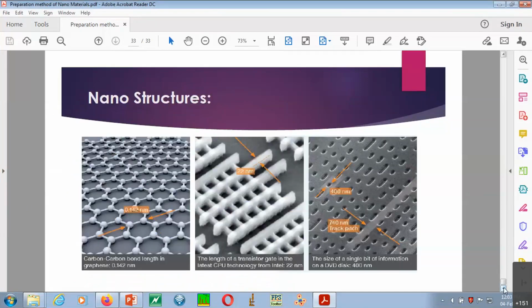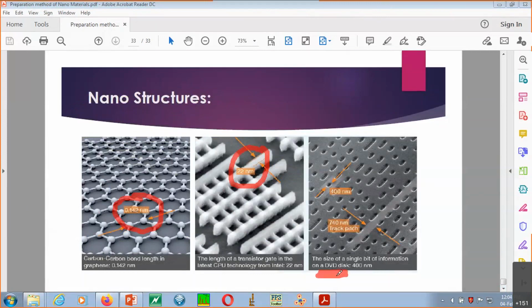Just look at the last. Yeah, there is one piece of info for you people so that you can realize that. So these are the images taken from the same, or TEM. Okay, so now you see this particular thing. This is measured in nano. Okay, here also in nano you can see how small the bond length is. And particularly, look at what this is, the DVD disc.